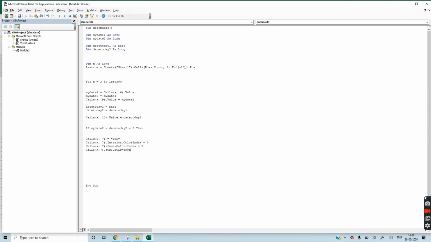Font bold is equal to true, so we will be changing the font to bold. Now whatever the difference of the date will be, we want to keep track of it and write it in a particular column.